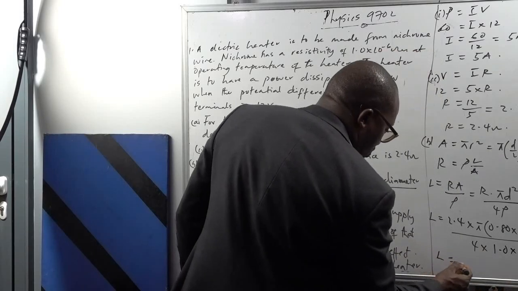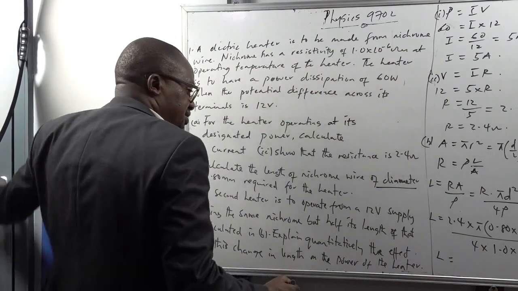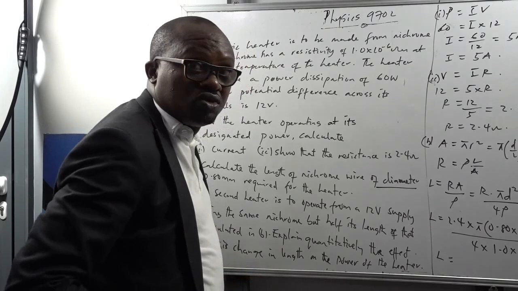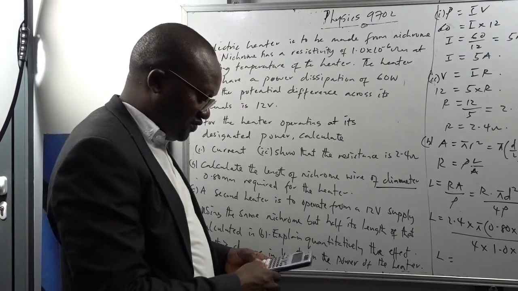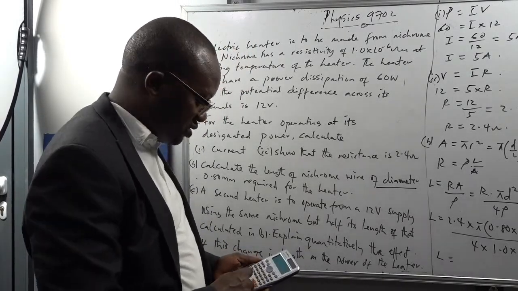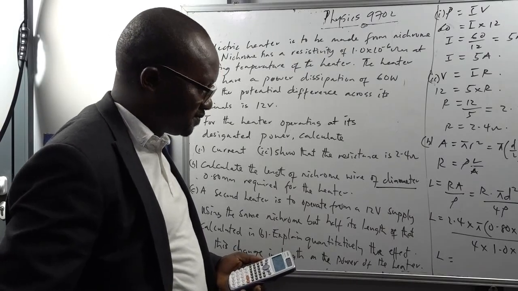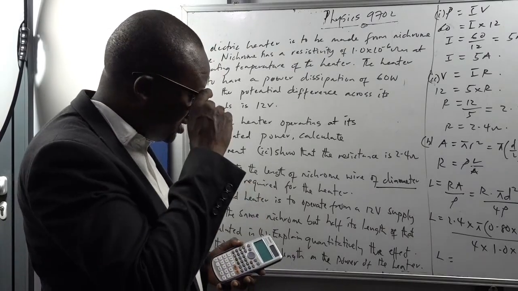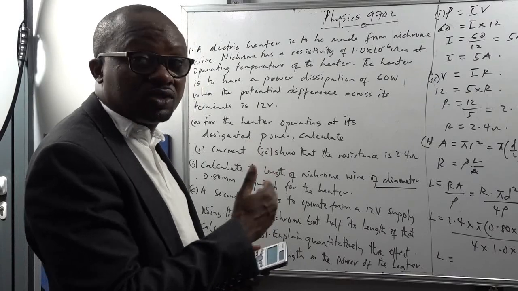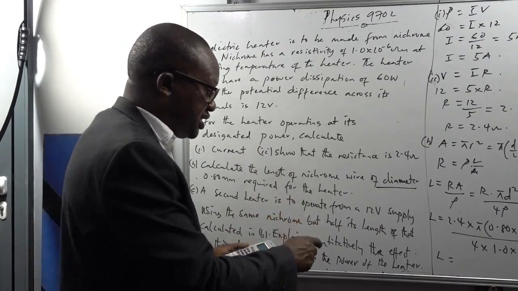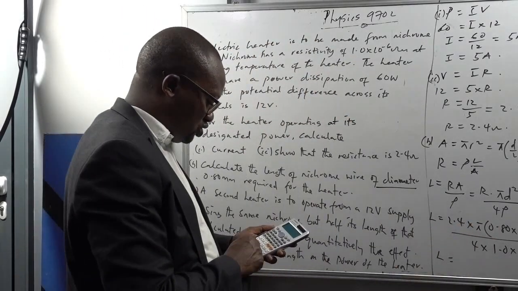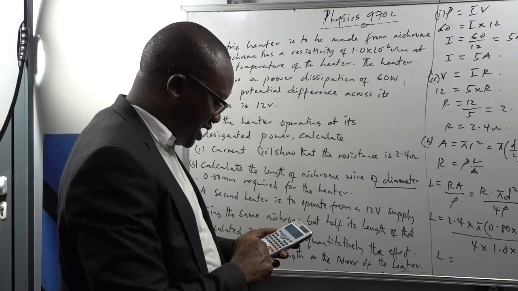So we can use our calculator now to find the length. In using your calculator, don't waste time. Use a very good scientific calculator. You start with the fraction symbol, which has numerator and denominator. Put all these things at the numerator. So you have 2.4 times pi